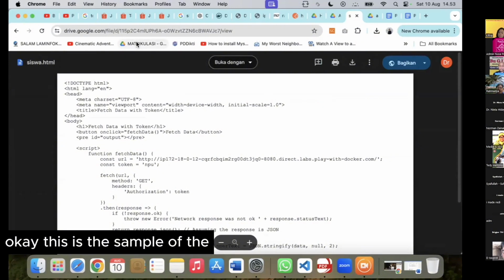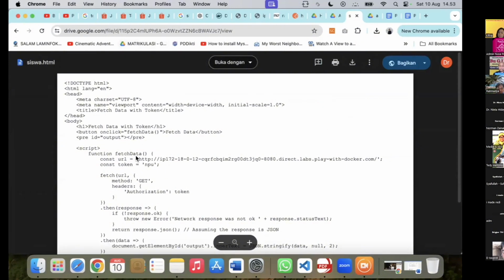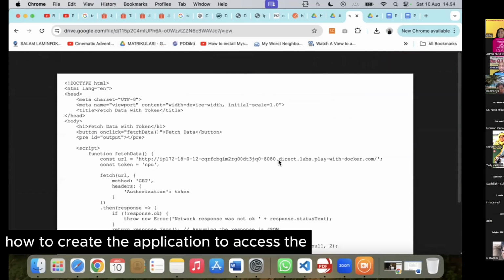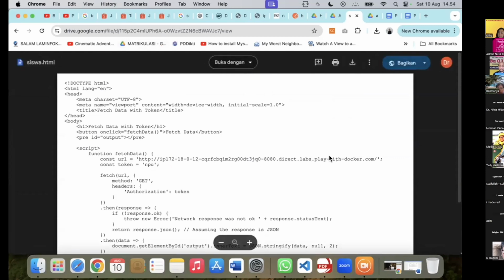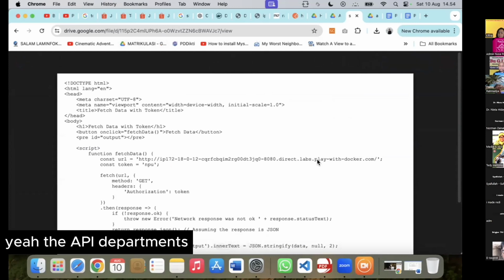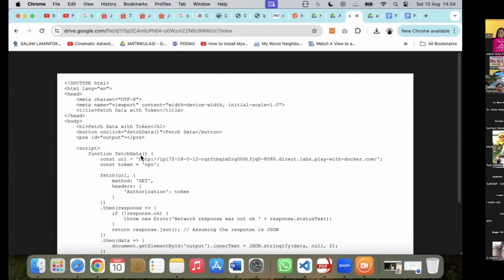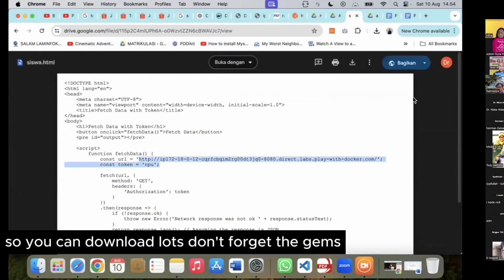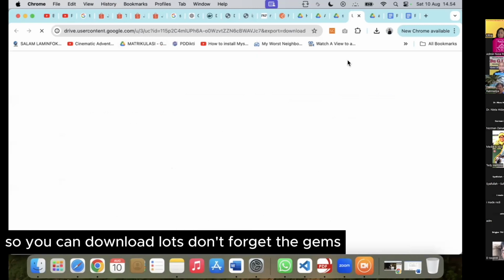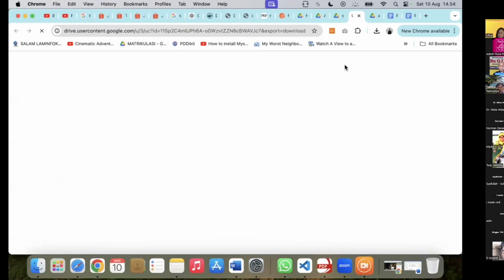Okay, this is a sample of how to create an application to access the API with tokens. You can download it, but don't forget to change the URL.